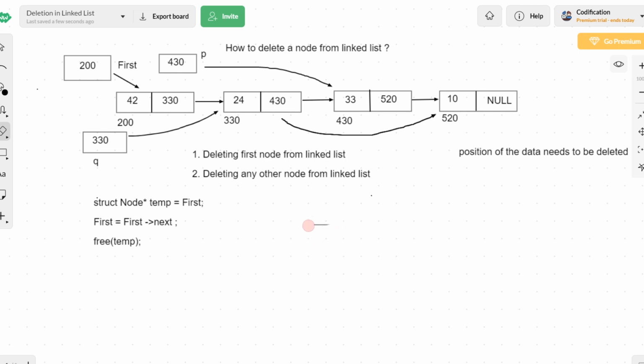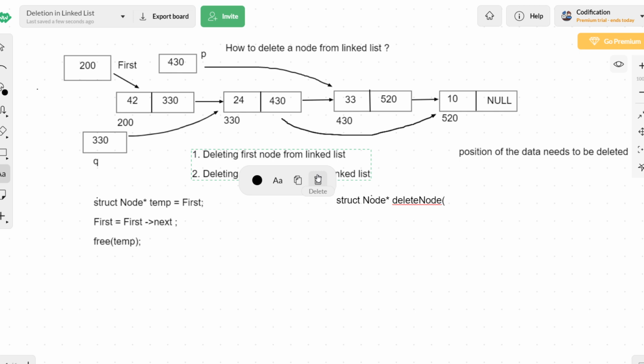Okay. So now we will just start with a function. There is a possibility that the address of the first node might change. If you are deleting the first node, the second node will become the new first node. So there is a possibility of the first node being changed. So let us have the return type as struct node star, for returning the address of the first node if it is changing. Struct node star, then the name of the function we can take as delete node.